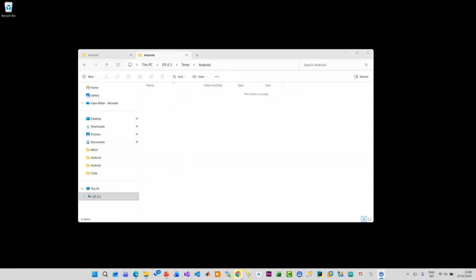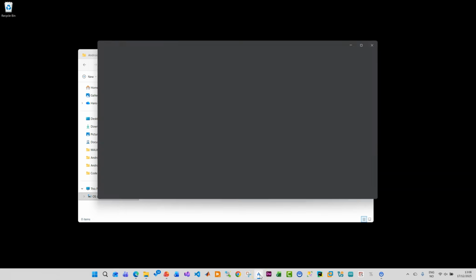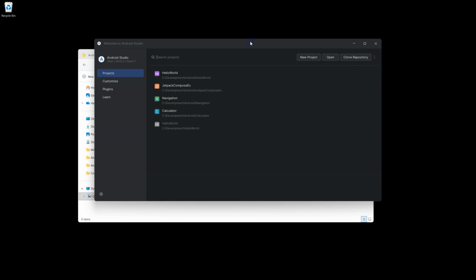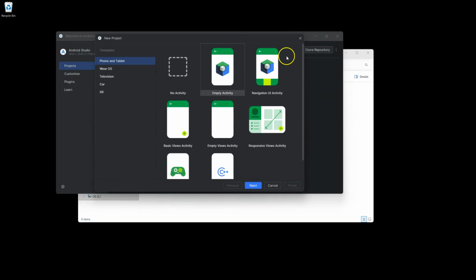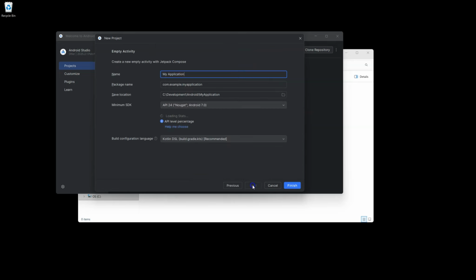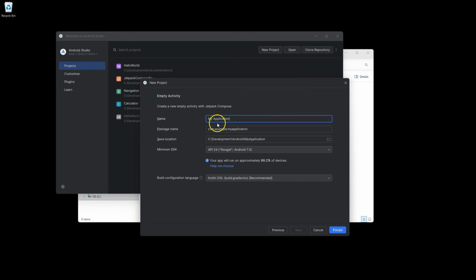So then I just open the Android Studio, and then this welcome screen pops up. Here you get access to previous projects that you have created, but we want to create a new project, so I just select new project, and then we get access to these different templates. We have templates for phones and tablets, and for other types of Android apps as well. Typically you just use this empty activity template, click next,